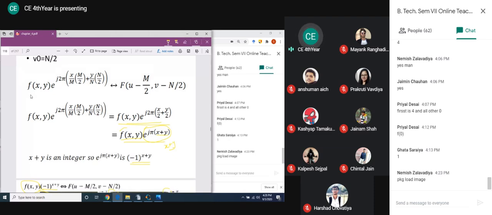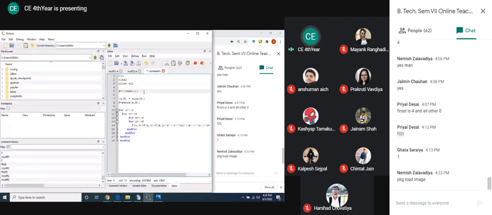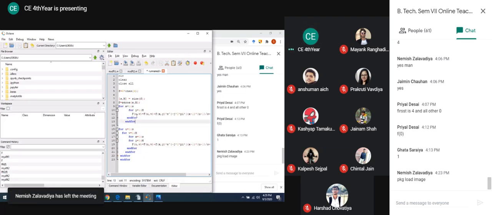So what do I have to do? For my input, I have to multiply it with minus 1 raised to x plus y. My x varies from 0 to m minus 1, y varies from 0 to n minus 1. So instead of finding the Fourier transform of f, f should be altered with f into minus 1 raised to x plus y. Here I will again need two loops, or if you can find a better implementation, I will always appreciate it. But right now what I can think is, I need for f of xy,